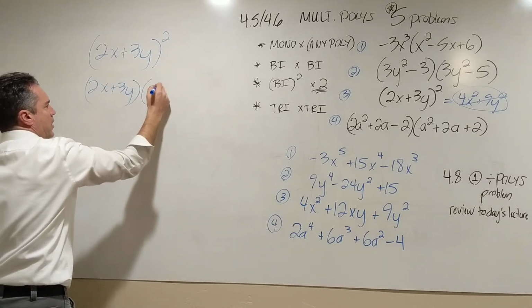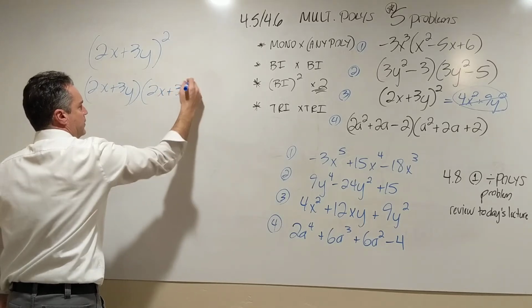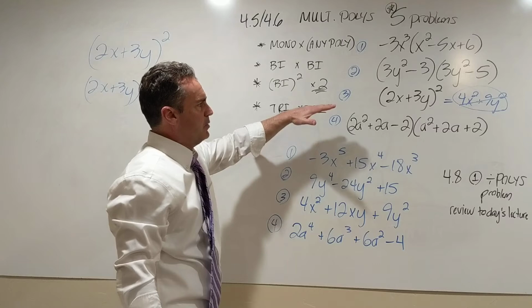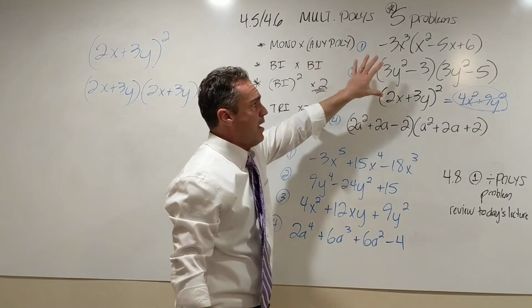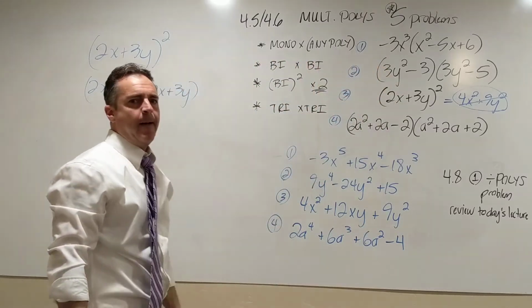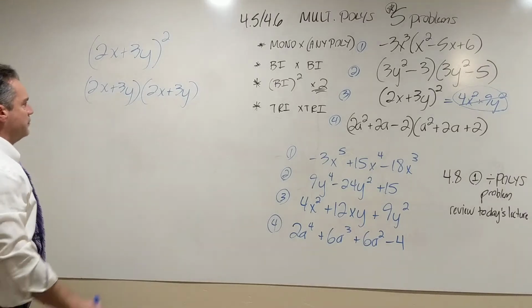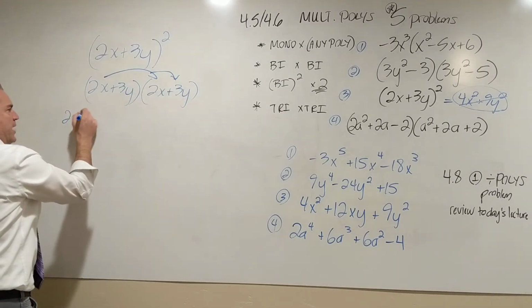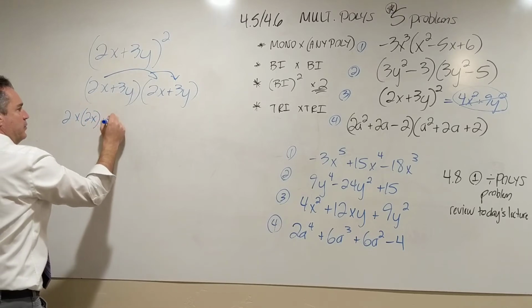Just like anything that's squared times itself, 2x plus 3y. Both of these really end up being a binomial times a binomial. So in essence, you will have on the test 3 binomial times binomial problems. This 2x has to go to here and to here, so we will end up with 2x times 2x plus